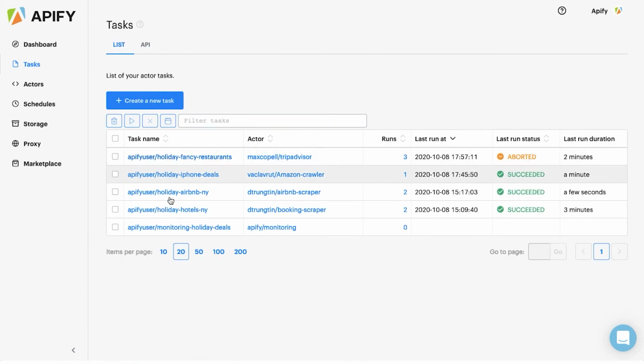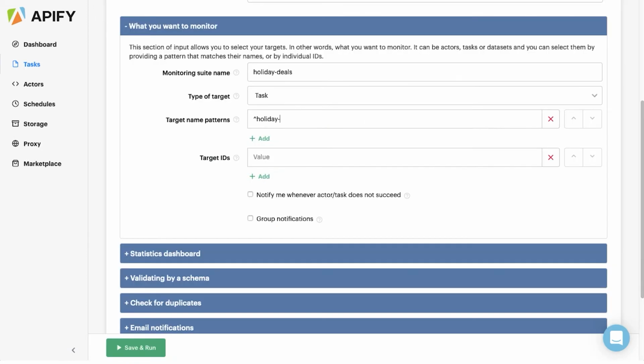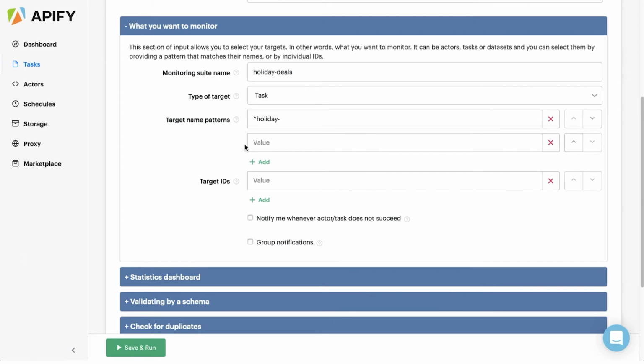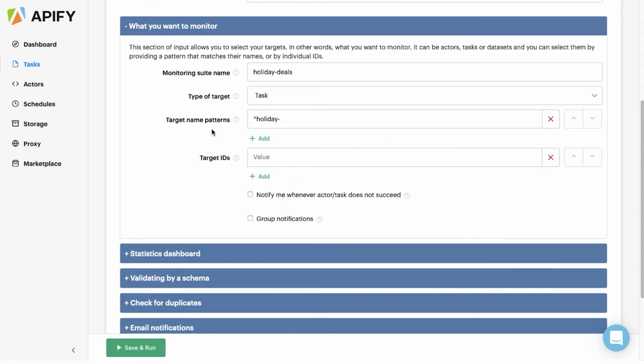This is why I prefixed all my task names with the same thing, so I could select them all at once using this pattern. If your tasks all have different names, that's fine too. Just add a field here for each of them and type in their names. Finally, select the Notify Me whenever the actor or task does not succeed box to receive a report when one of the runs fails for some reason.